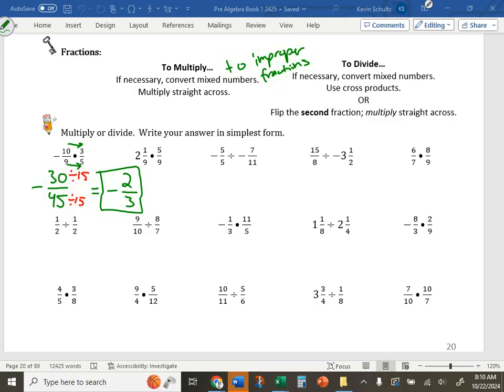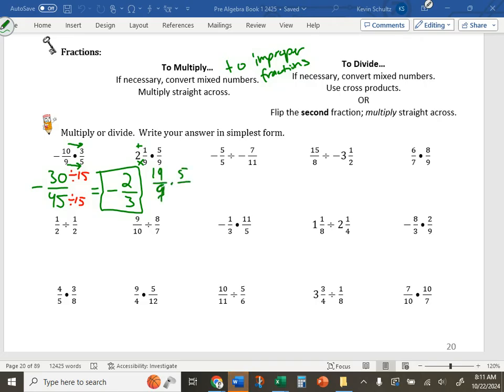Madawin. 19 over 9. Okay, and how'd you get that? You take the 9 and you multiply it by the 2 and then you add. She's literally telling me. Yes, thank you. We multiplied the denominator by the whole and then add the numerator. So 9 times 2 is 18, plus 1 is 19, so we get 19 ninths